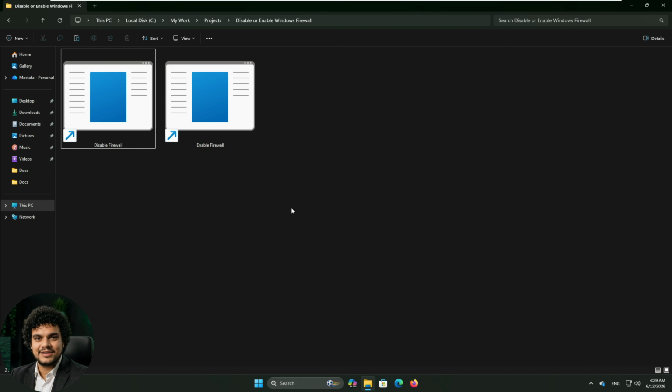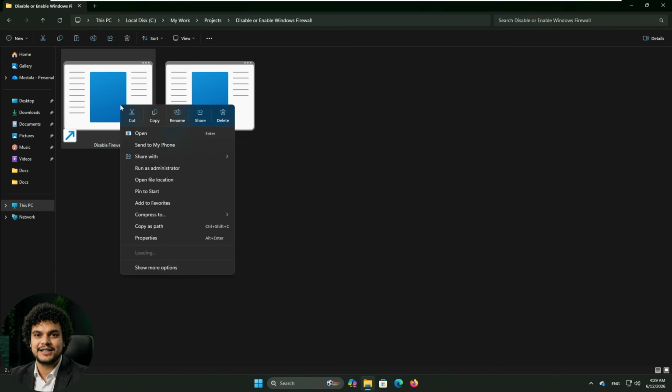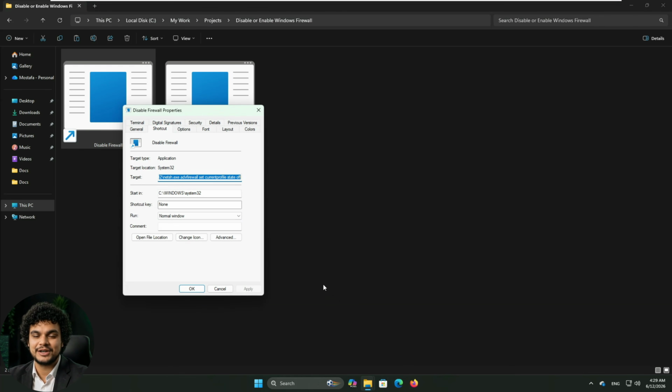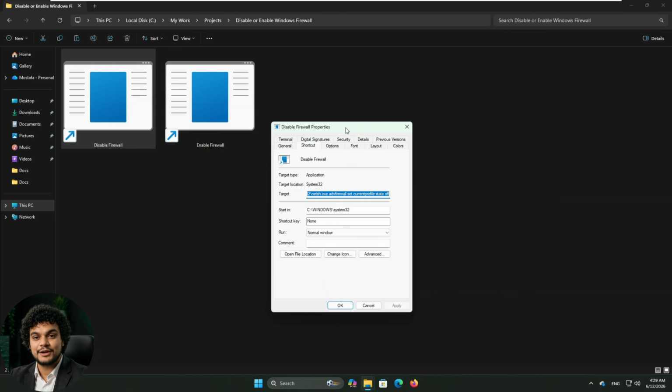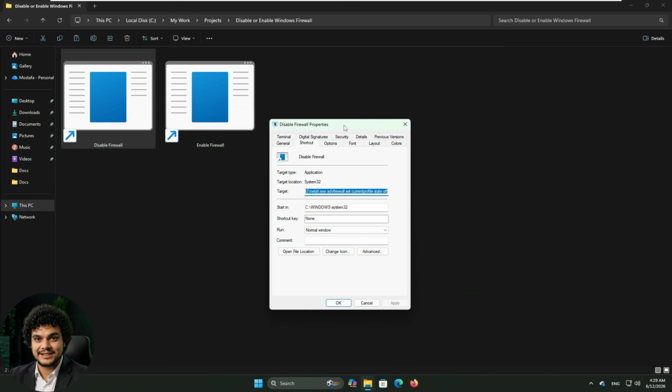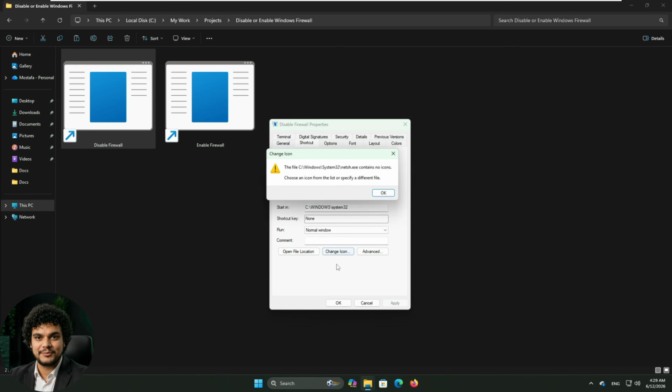This step is optional, but I recommend it. Give the 2 shortcuts distinct icons so you can tell them apart at a glance. Right-click the shortcut whose icon you want to change. In our case, we'll change the icon for the Disable Windows Firewall shortcut. After right-clicking, click Properties. In the window that appears, click the Change Icon button, and then click OK on the system